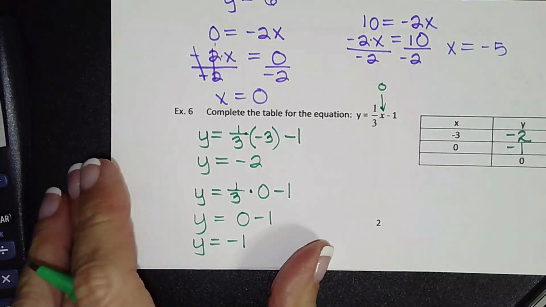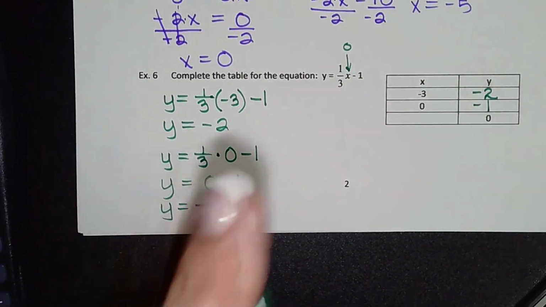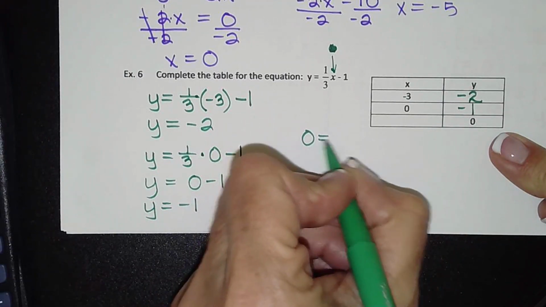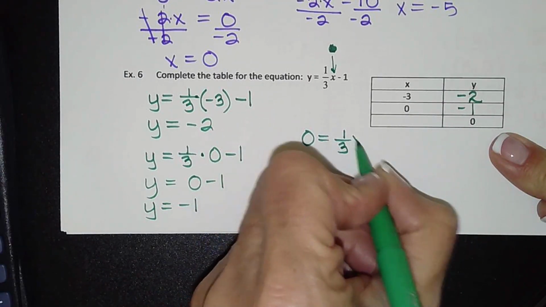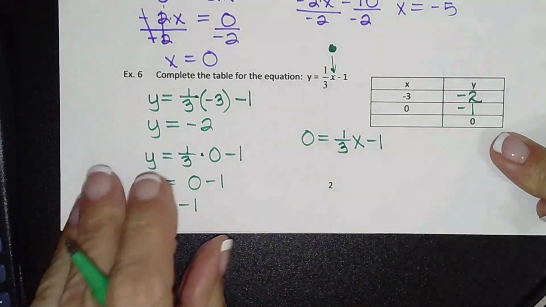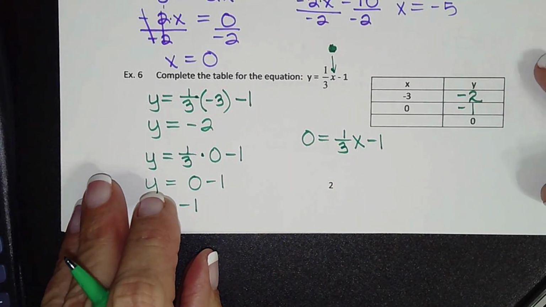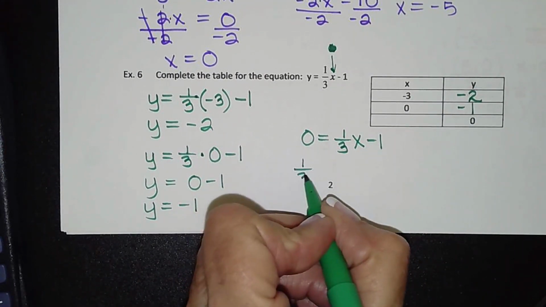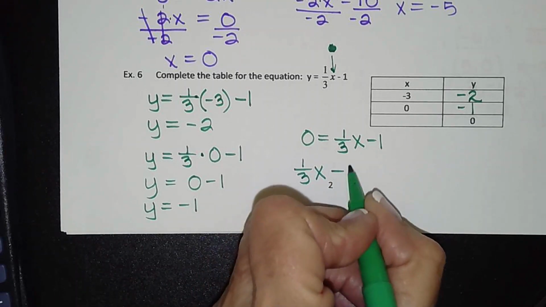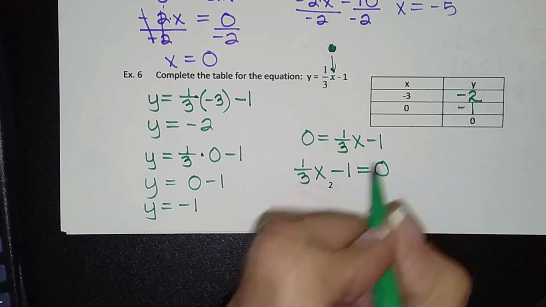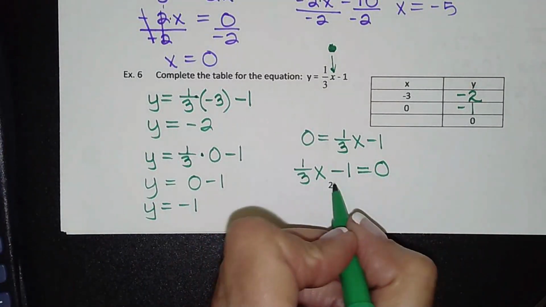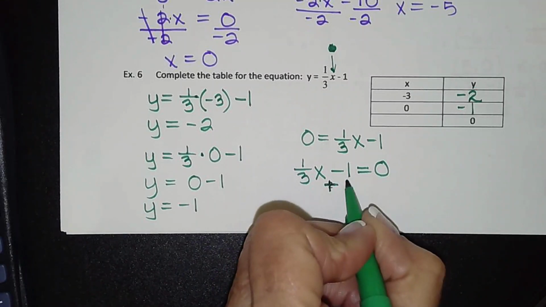And probably this third one's the hardest one for students. So now y is 0. And I think it's because they already have forgotten what we learned in chapter 5 or module 5. So flip it around and do it just like you did all the module 5 problems on your last test. So I need to get x alone, add 1,